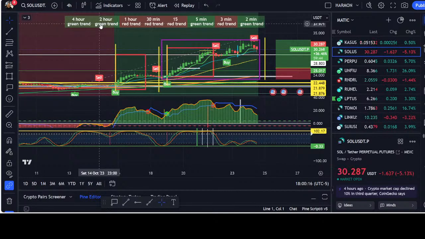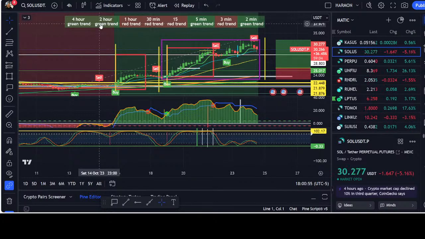So a 2 hour trend with a 4 hour trend is the best long. If you're going to do a long, you'd be looking for a 2 hour trend in a 4 hour trend. So we would be looking for this. When a 2 hour trend pops up, what are we looking for? We're looking for a 4 hour moon that goes with it, with positive volume and an RSI. So a 4 hour RSI with the 2 hour trend. When a 2 hour trend pops up, you can start going, oh, there's a 2 hour trend. What's your entry? Your entry is going to be a moon with positive volume